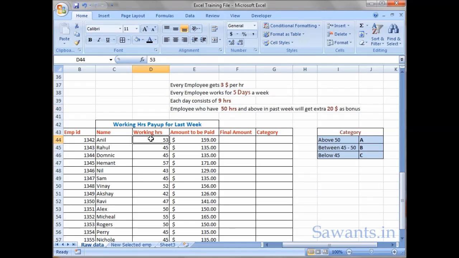So you can see there are some of the employees who have worked for more than 45 hours and the company has decided to give them an amount of $20 as a bonus. So we need to find out what is the final amount of those employees after giving them the bonus amount,